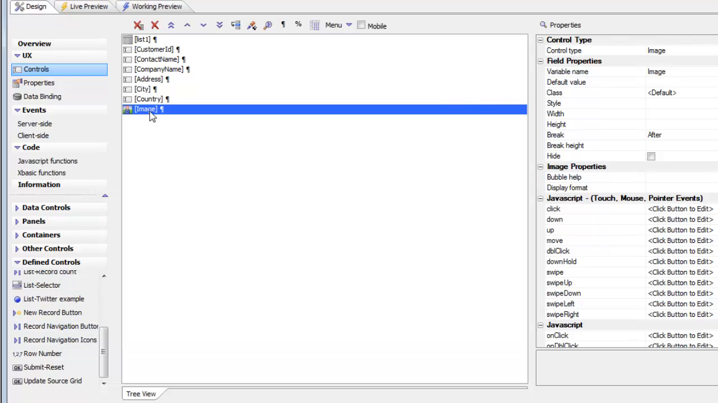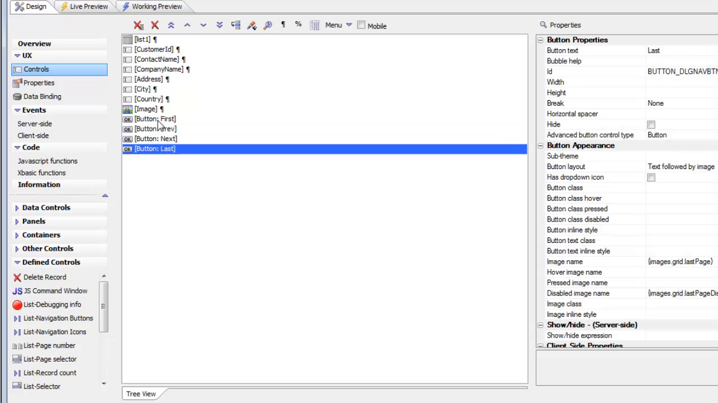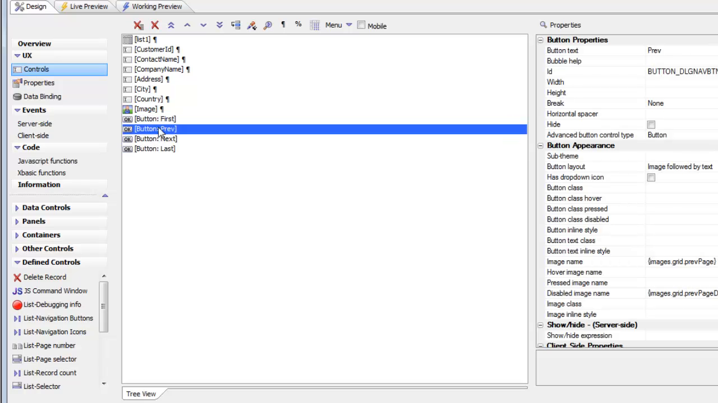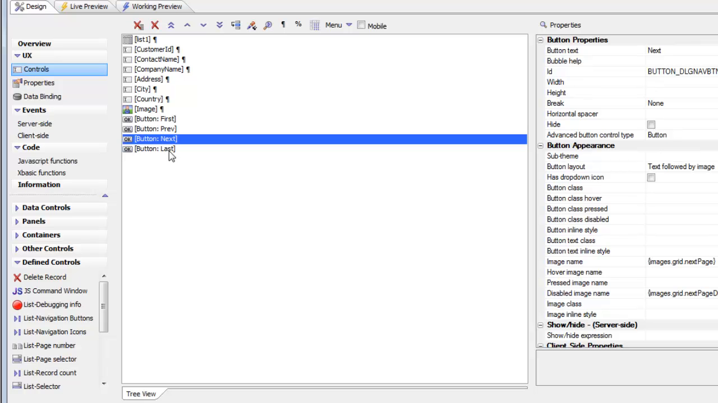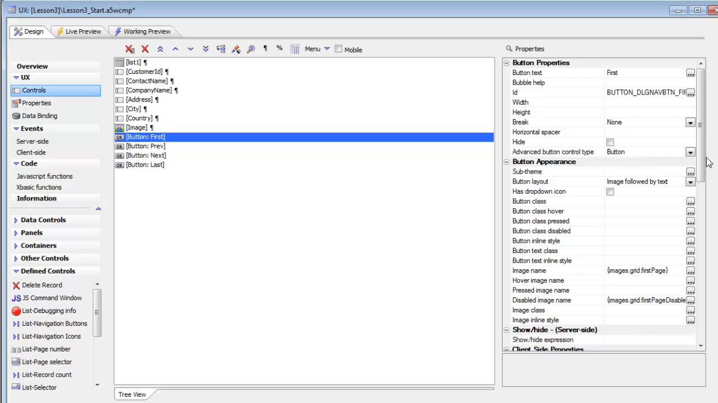So making sure that the image control is selected in the list in the builder, go now and click on record navigation buttons, and you'll see now that Alpha Anywhere has added 4 new controls to your component: button first, button previous, button next, and button last. And then if we go look furthermore, let's for example go here and select button first and